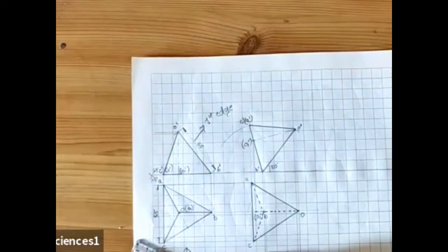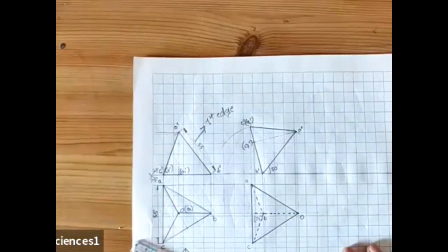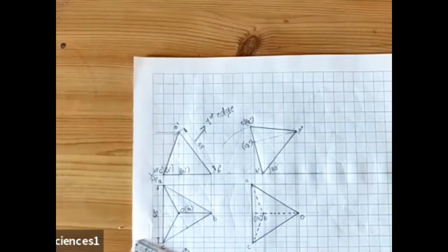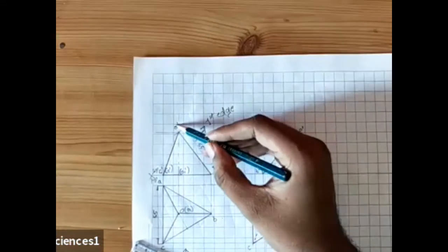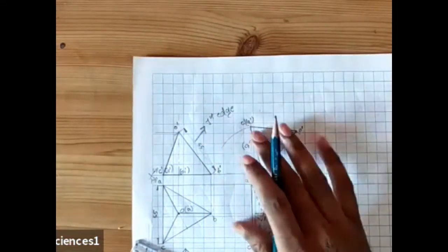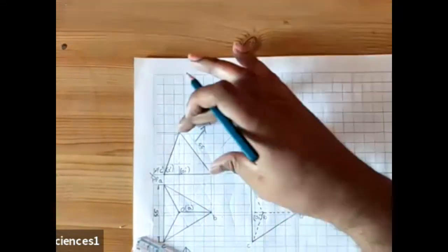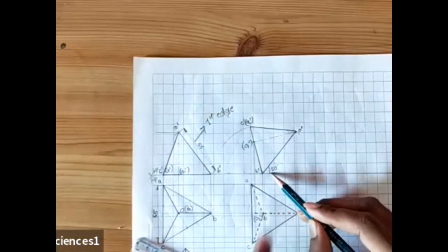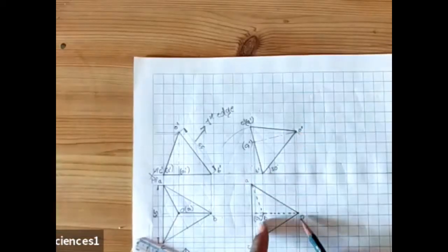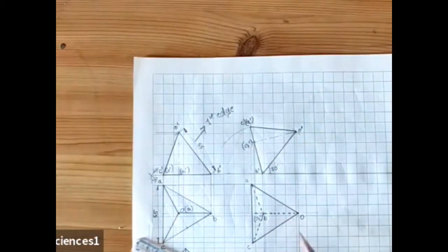Please remember, this is the only problem which is quite different from other problems, where you'll be getting the edge beta angle, that is, the edge apparent inclination. This is the first edge, O dash to B dash. In the second condition, he has told that this edge got inclined at an angle of 50 degrees. We have inclined it. At that time, in the top view, this edge length got reduced. That is O to B. This will be your second edge.